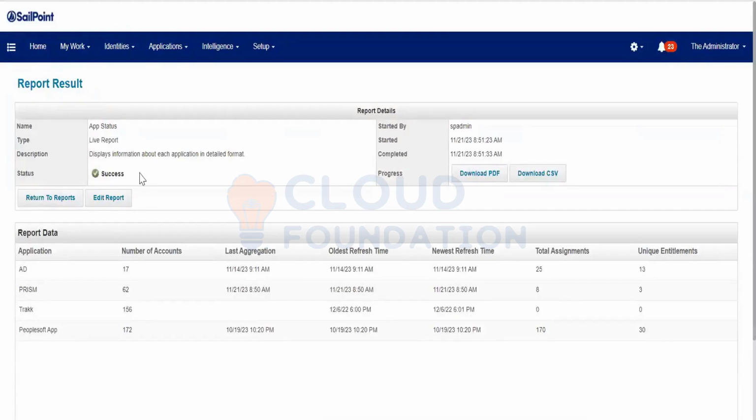Task and reports both are same, I would say, okay? Because both the objects have the same feature, same UI design, same option. And both the objects will store under task definition, task result,